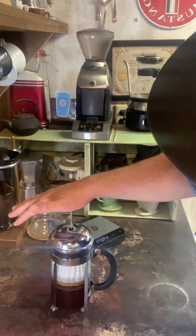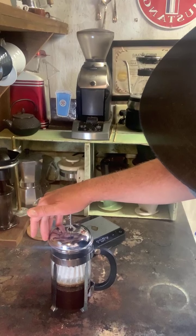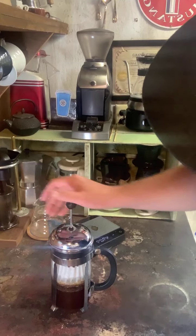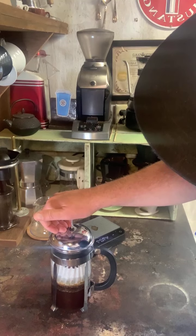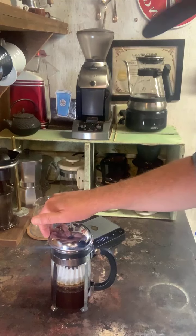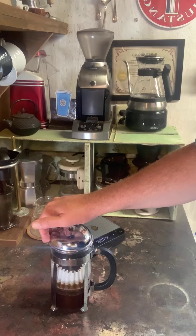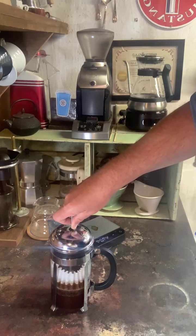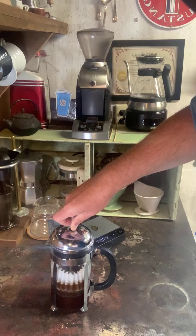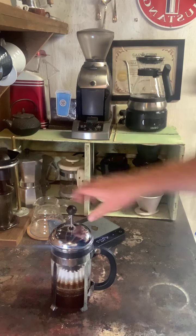I'll just give a nice, easy, even pressure. If it gives you too much resistance, pull up a little and plunge down. Nice and even, easy resistance. It gives a lot of pushback, so you still have to be patient with it. You still have to be slow. Give a little lift